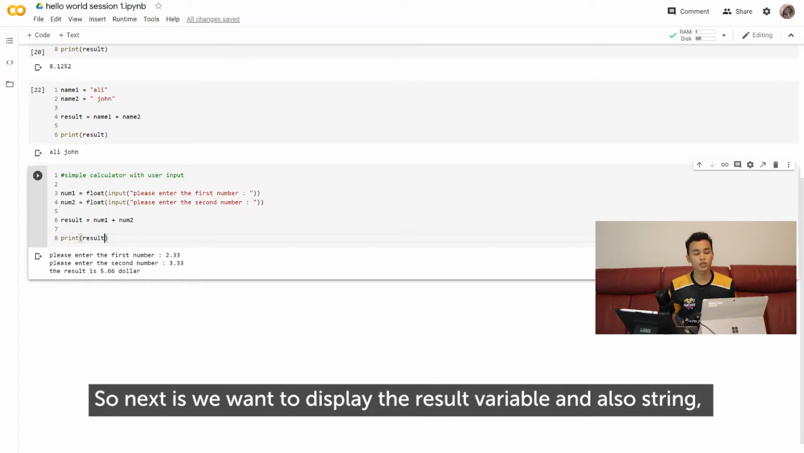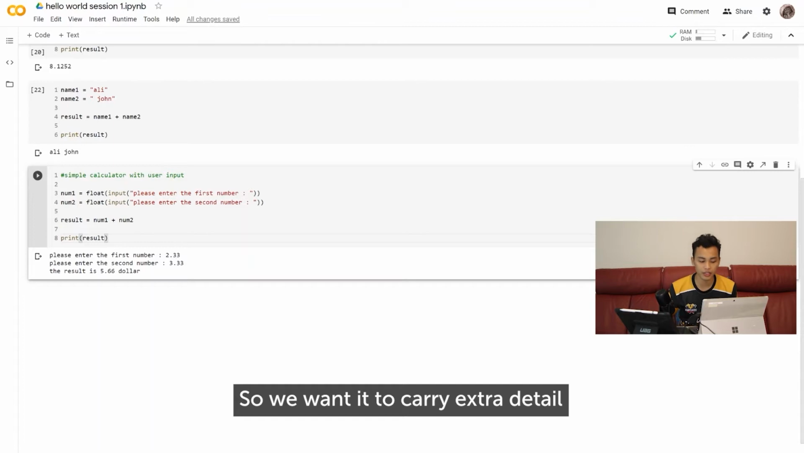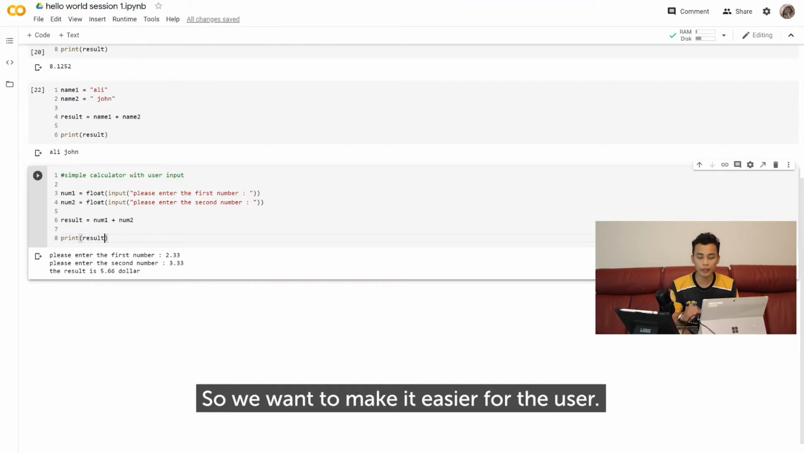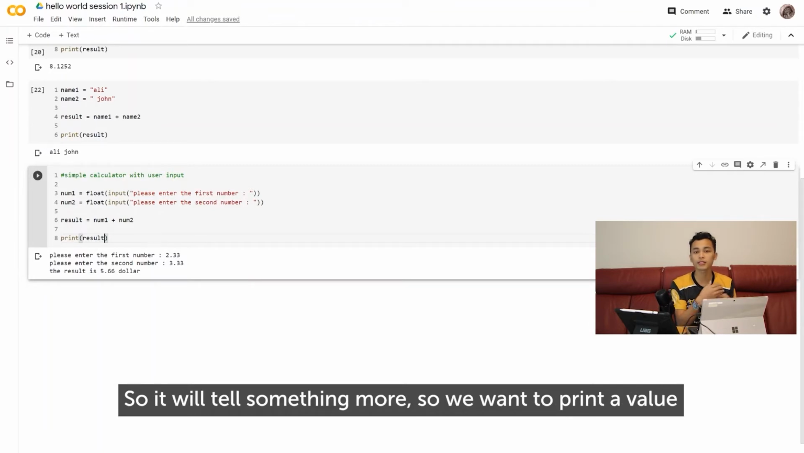So next, we want to display the result variable and also a string. We don't want our output to be just a number or a single string from the user, or just the output of our operation. We want it to carry extra detail, to make it easier for the user. So we want to put something in front of the variable, so it will tell something more. So we want to print a value and also